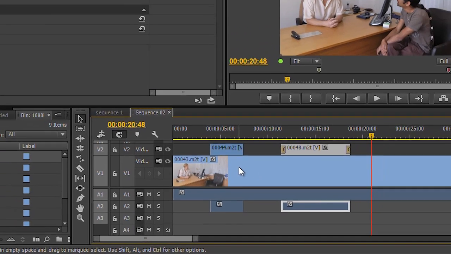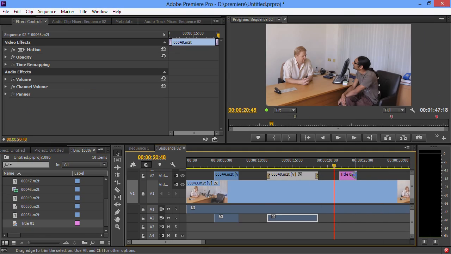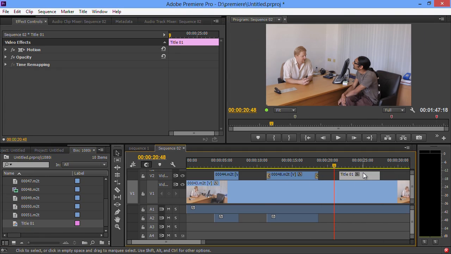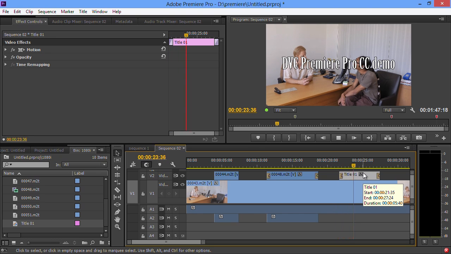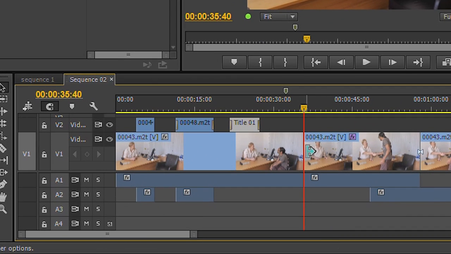You know, just make up a new title. Take the title, shove it onto the timeline, drag it out as long as you want, select it, Control D, instant cross dissolve at the start and the end. Nice and fast. It's going to be slightly more irritating if you're used to sticking your cursor there